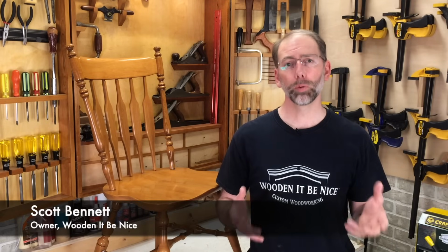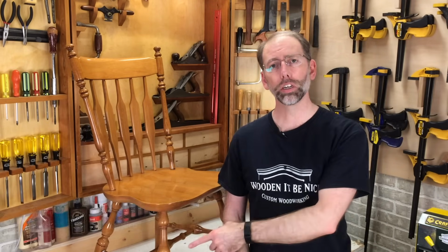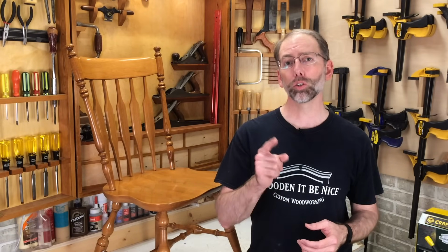I'm going to walk you through chair repair basics, and that's how to take a loose chair like this apart and put it back together so it's going to last for decades to come. I'm going to walk you through step by step how to do that. I'm going to share with you some tips, and more importantly, I'm going to show you what not to do